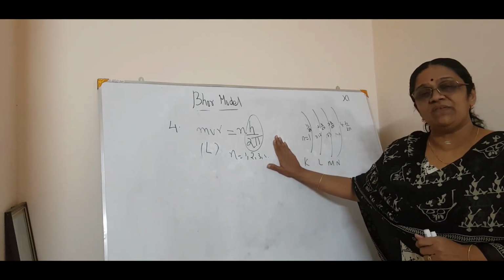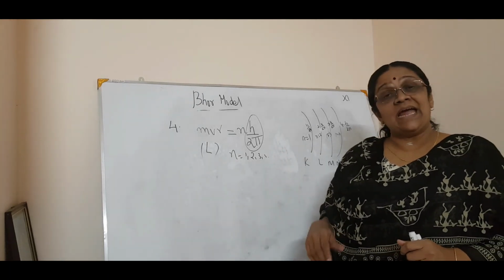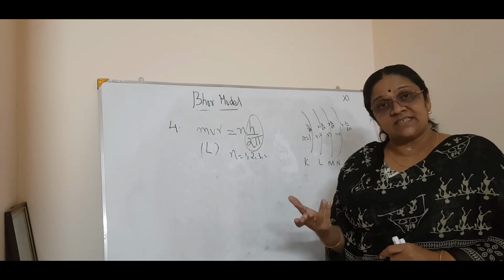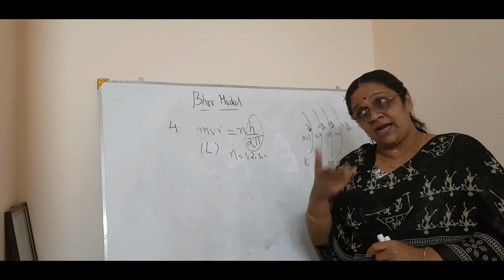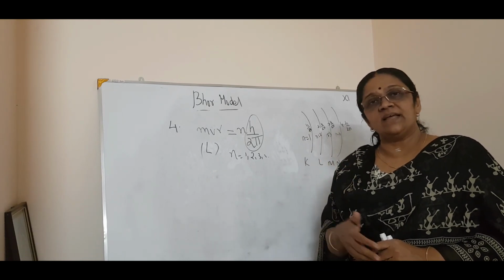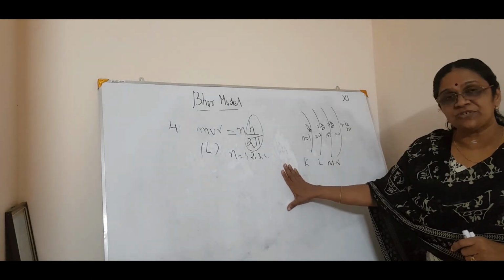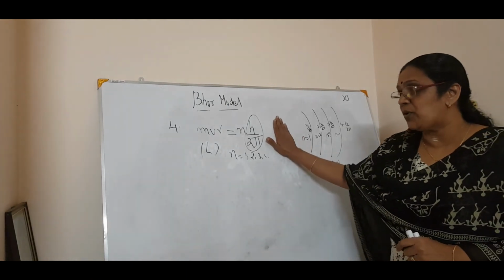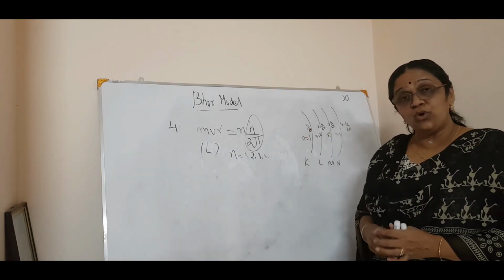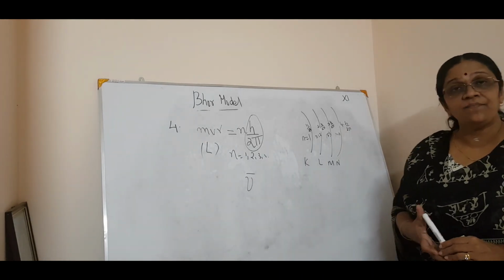Now, in the next session we will see how you find the energy of an electron, the radius of an atom, and then the velocity of an electron. All that we will study in the next session. So, till now we read the textbook: the very important absorption spectrum and emission spectrum, the postulates of the Bohr model, and the line spectrum of the hydrogen atom, and how you calculate the wave number, nu bar. Okay, so till then, thank you.